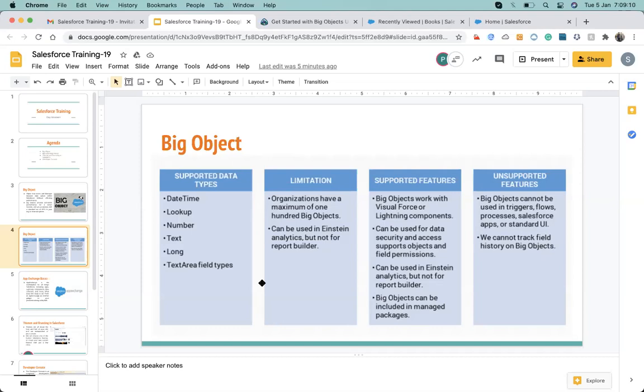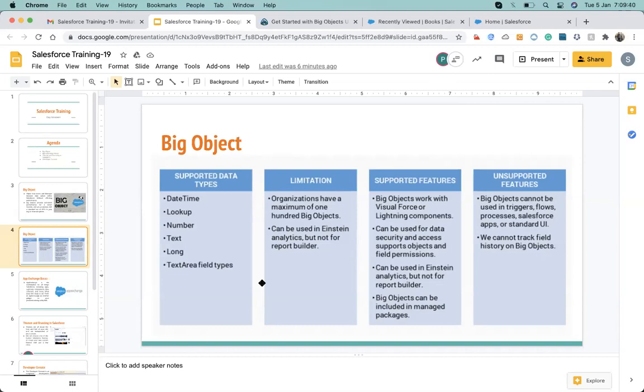Whenever we have to work on a large amount of data, then we think about big objects. A large amount of data does not mean thousands or 10,000 or 1 lakh. It's about millions, more than millions of records coming from different objects or a third party tool.